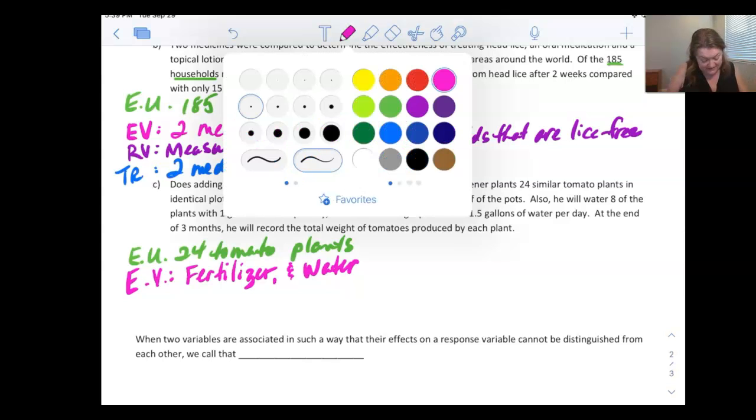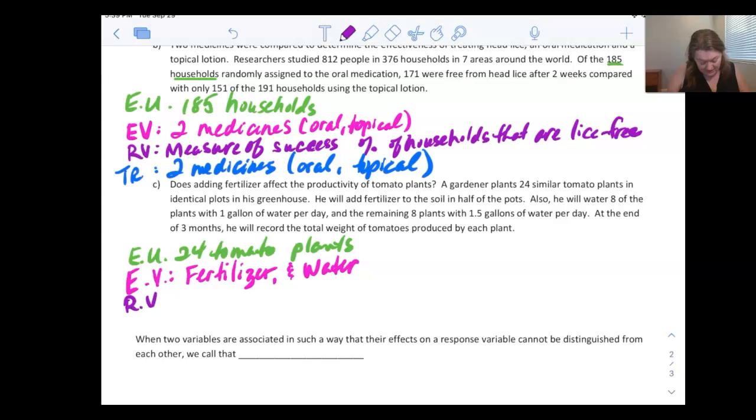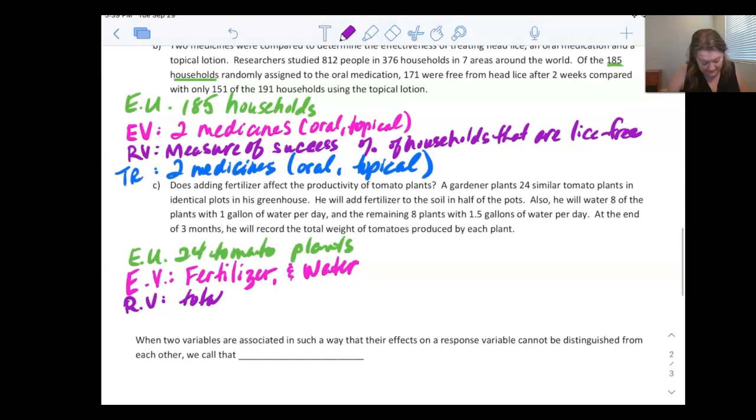What are we hoping to see at the end? So this would be the productivity, and they said at the end of 3 months, you'll record total weight. So total weight of tomatoes. Okay, so now here we go with what is the treatment. So we know our treatment is that we are using fertilizer